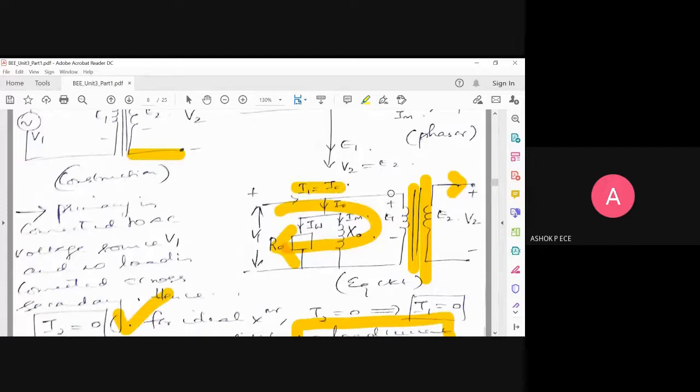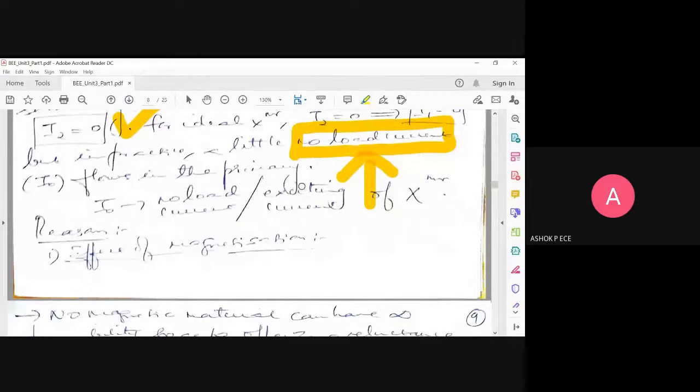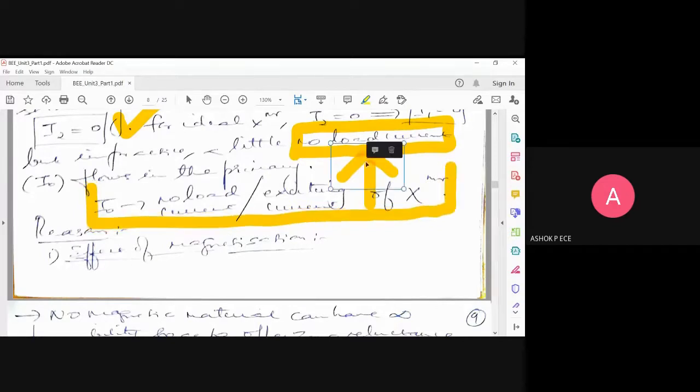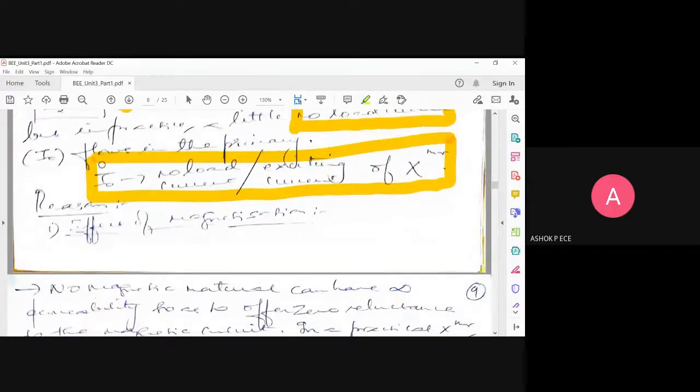See here in the diagram also I have written I1 is equal to I naught. And we are going to see what are the components of this current I naught. Okay. See here, I naught is called the no load current or exciting current of the transformer. And this current is flowing only in the primary because I have removed my load in the secondary. Please understand this very carefully. And why this I naught is there, we are going to see I naught consists of what all components.